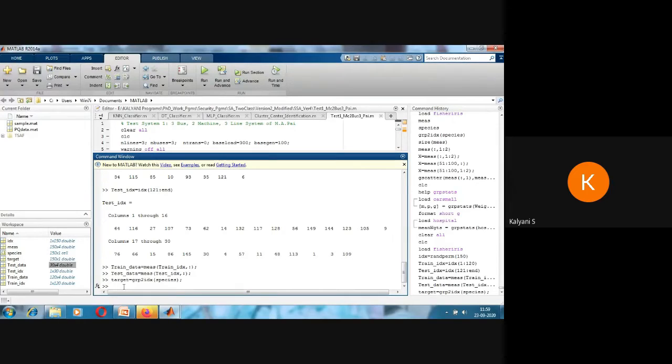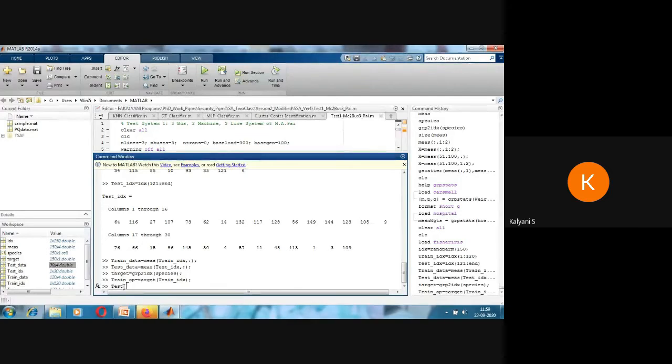Now similarly, train output will be equal to target of the corresponding train index. Test output will be target of the corresponding test index.